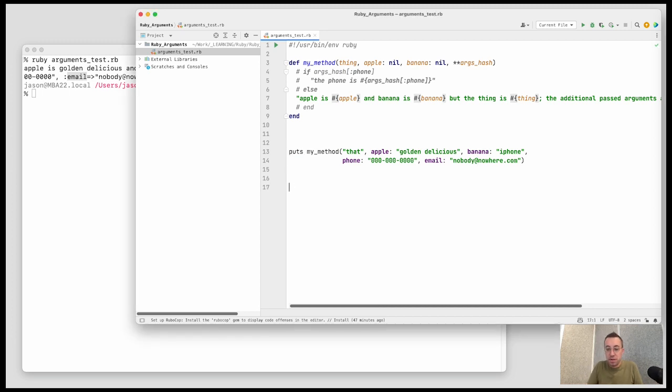It's going to be just like this one. Phone, apple, email